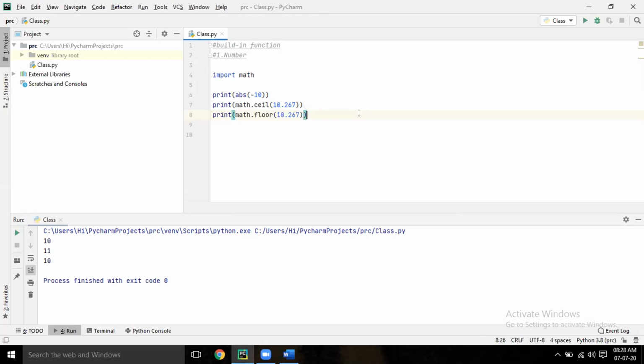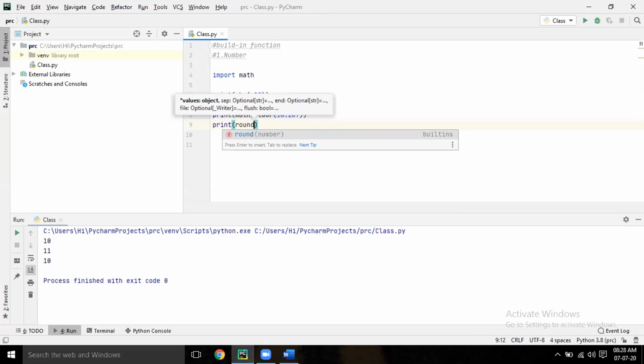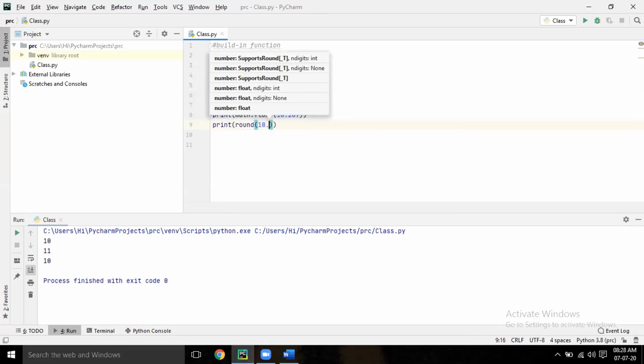Now the next one is round. Print round. This is a core Python function, so there is no need to write math dot. Simply print round of 10.267 and run it.